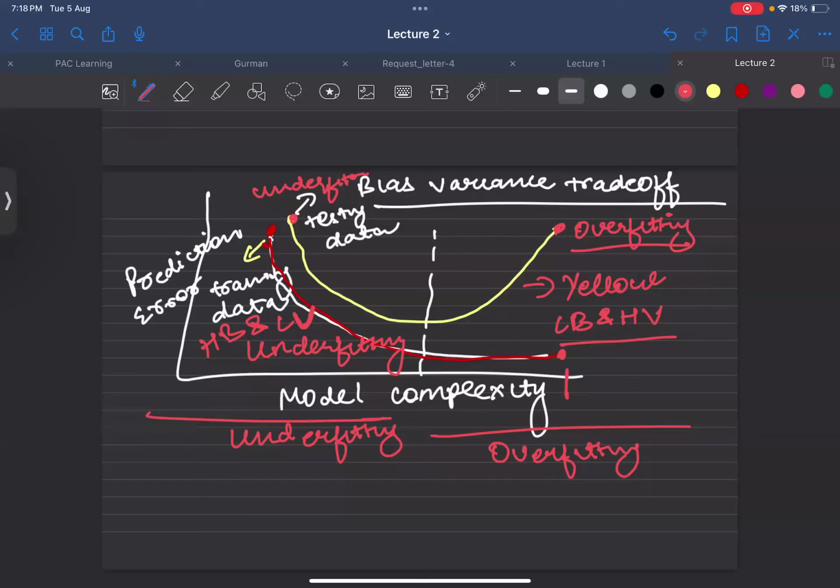Ma'am, can you repeat this underfitting, ma'am? Underfitting means we have less points. We saw that when we have high